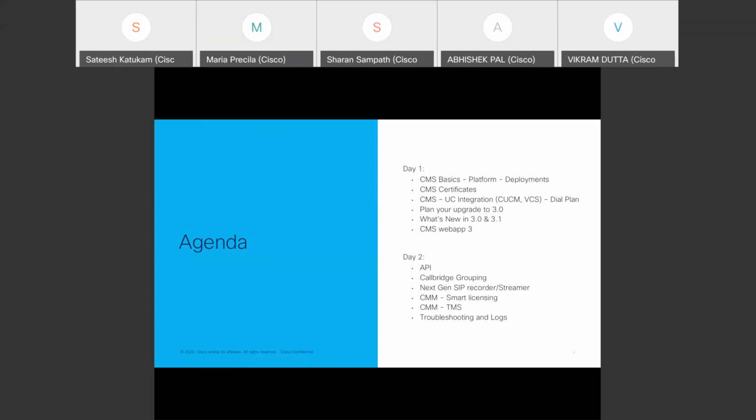Then post that, we will help you to plan your upgrade to 3.0. Please note that this training is designed based on 3.0 version, which is the latest version. We have a lot of changes from the earlier 2.x version to 3.0. So we will help you to understand what those changes are, and we will help you in planning your upgrade to 3.0. Then we will take you through the new features which are introduced in 3.0 and 3.1 versions,